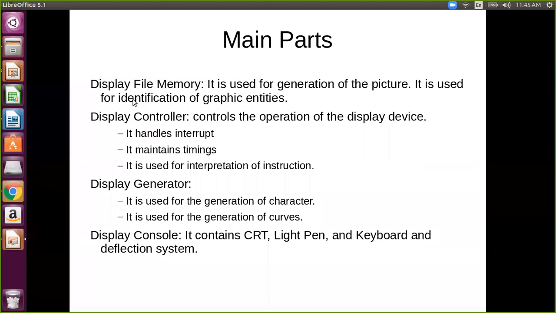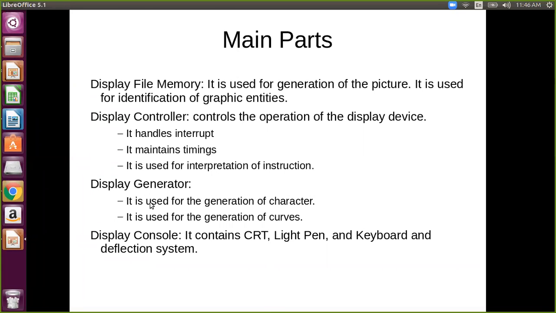Now the display controller controls the operation of the display device. These operations may be handling interrupts, maintaining timings, and interpretation of instructions. So the display controller controls all the operations required for the display devices.